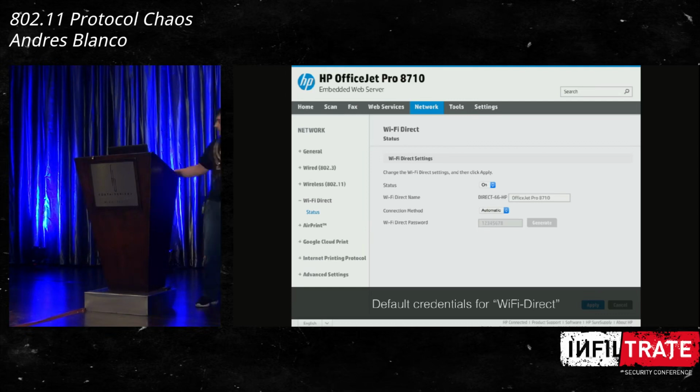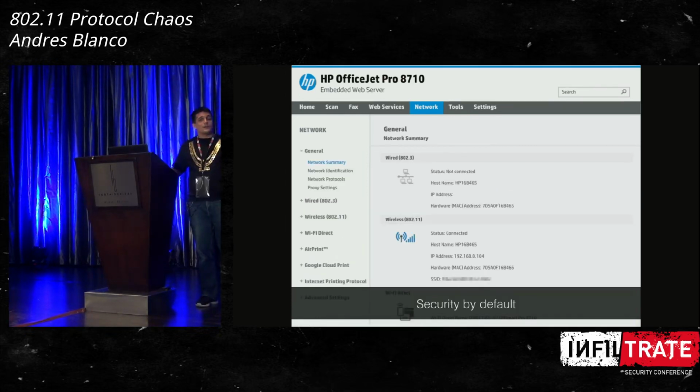And that's not the only thing that we can do with the printer, because remember, the dual mode, so the printer can be connected to a wireless network or an Ethernet network at the same time giving support for Wi-Fi Direct. So a guy that connects through Wi-Fi Direct, knowing this default password, or in the case that the network was open, anyone can connect. They will have access to this beautiful embedded web server that has no authentication at all. No authentication. So you can do a couple of things with this.